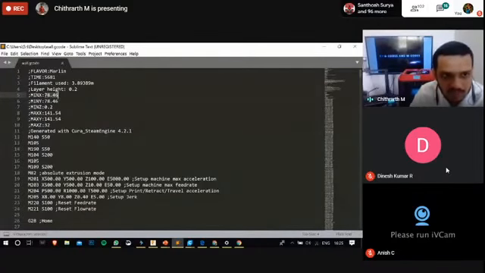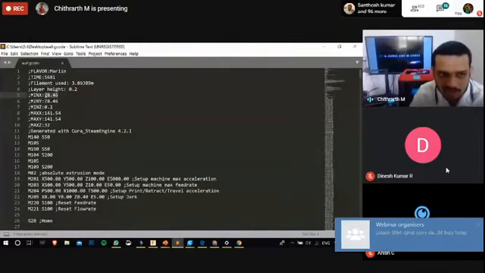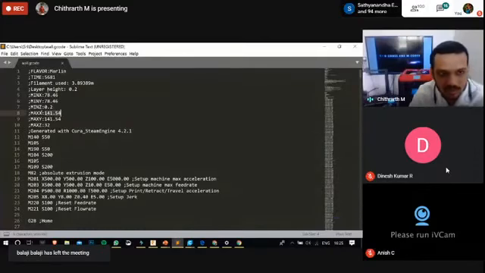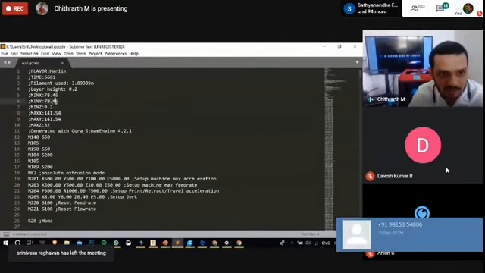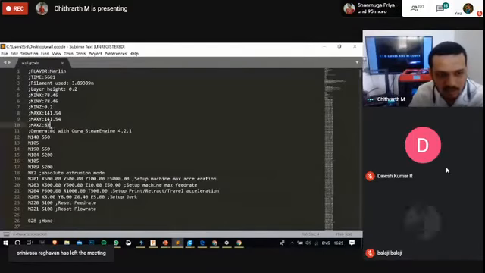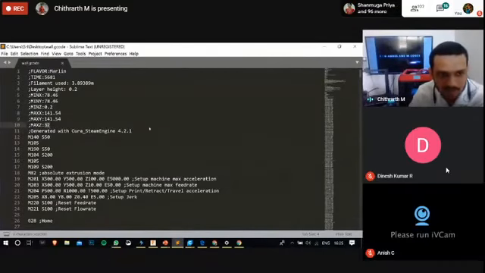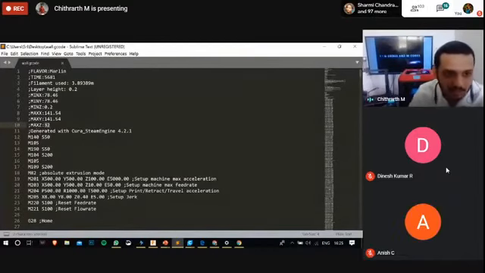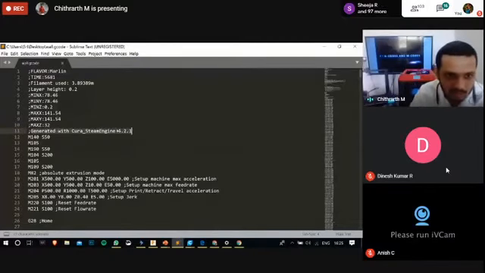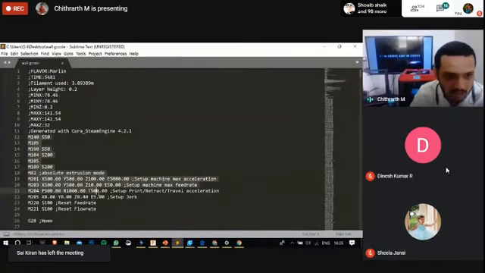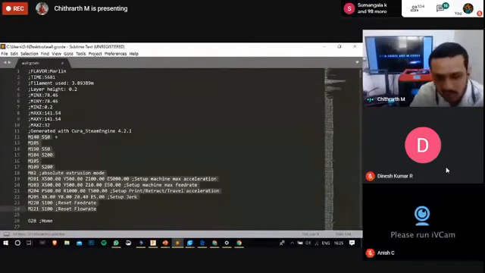There is the minimum x-axis distance and the maximum x-axis distance. Between these two points only, the part is going to be printed. Then the minimum y, the minimum z, and the maximum z. Max z represents the total height of the part, so you get a height like 32 mm for the entire part. This is again a command which states what type of engine was used to slice this part. Now from here on the actual coding begins. M140 S50 represents that you need to set the temperature.